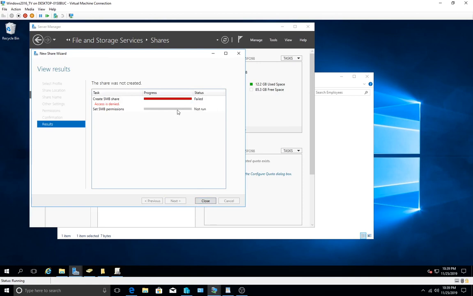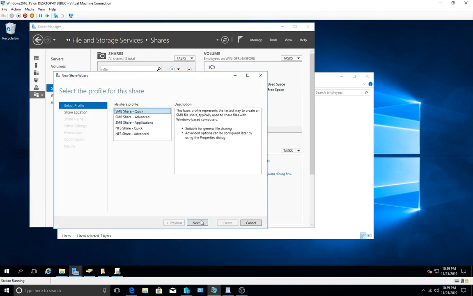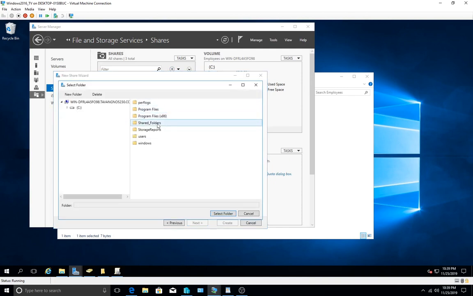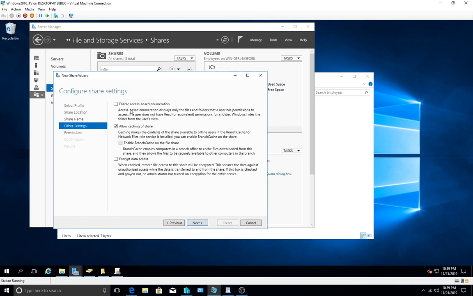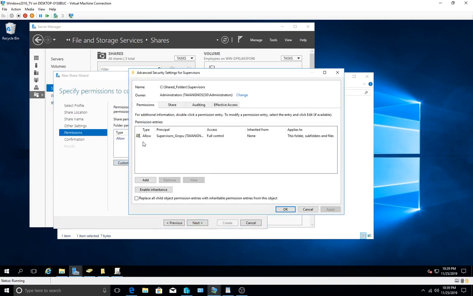So it's a share fail. The reason is that we have not allowed everyone, so it will not create for you. So let's go through it again. Supervisors, select folder, next, and the path. Okay, next, and next. Now we need to add